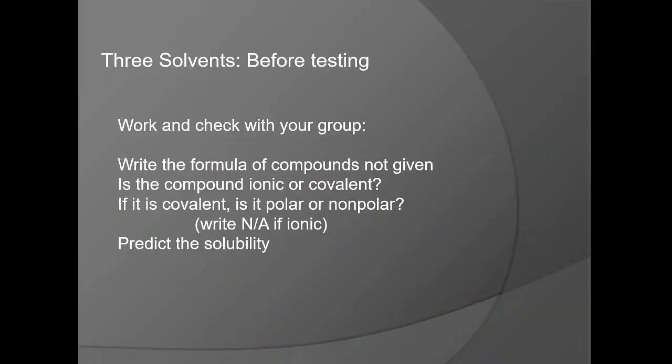All right, before you start testing your substances, you want to work and check with your group. So before watching the rest of this video, work and check with a discussion partner. Write the formula of any compounds that are not given on the page, so there are several. Decide if that compound is ionic or covalent. If that compound is covalent, you need to decide if it is polar or